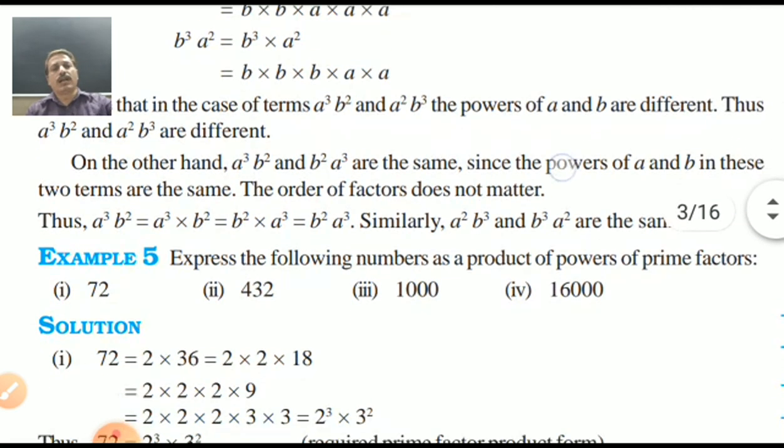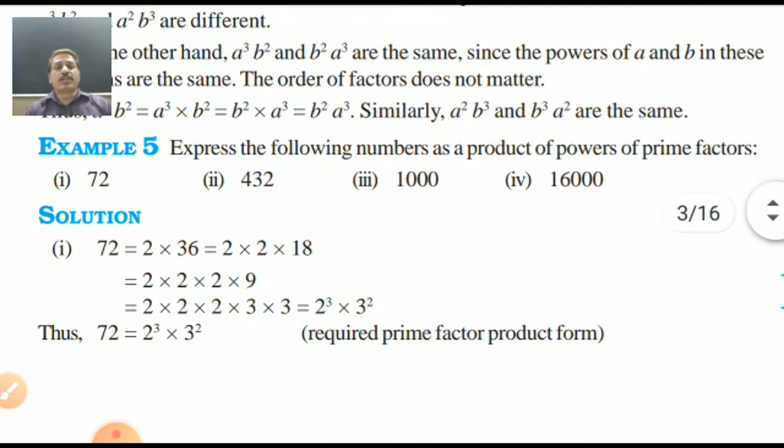Correct. Express the following numbers as a product of powers of prime factors. Yes, now it's the main thing. Prime numbers. You remember our lesson, prime factorization. Here you have to use it. That's why we learned that one. 72. Only prime numbers are the answer. 2 into 2 into 2 into 3 into 3. That means 2 raised to 3 and 3 raised to 2. It's a prime factorization. Isn't it? No other numbers are there. Not 4, 8, not like that. Actually 8 into 9, 8 9s are 72. You can write it as it is.